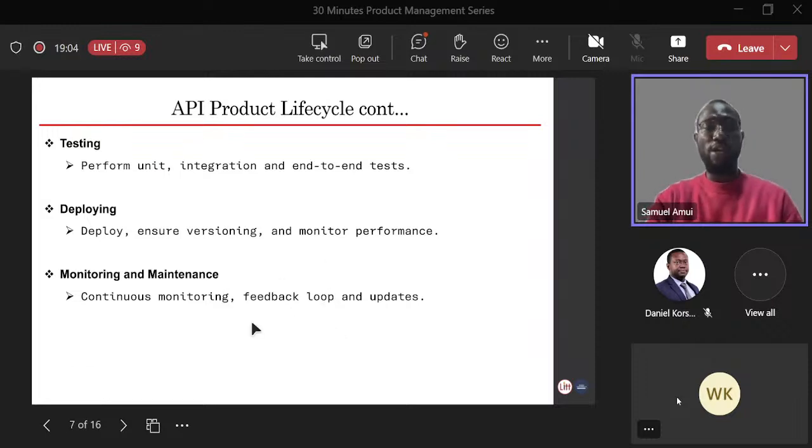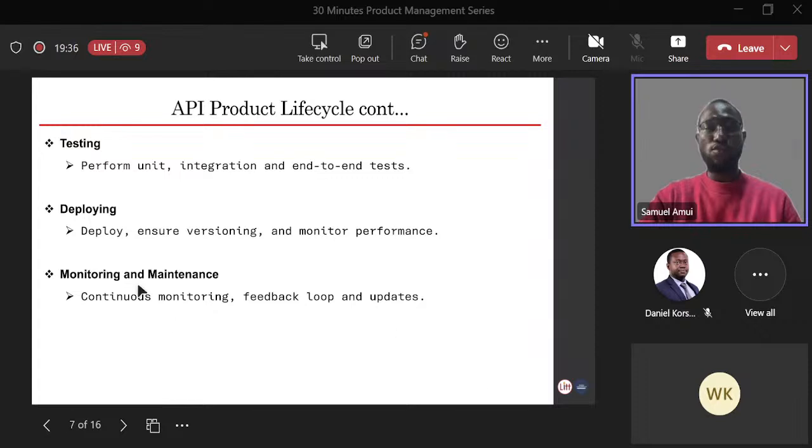Also, you go to monitoring and maintenance as the last step of building an API. After you build an API in software development, there's nothing like completely done. After you are done building it, you also have to be doing routine maintenance and monitoring, and taking feedback from the users. Okay, maybe there were particular issues or glitches that came up, so how do we go about solving those?